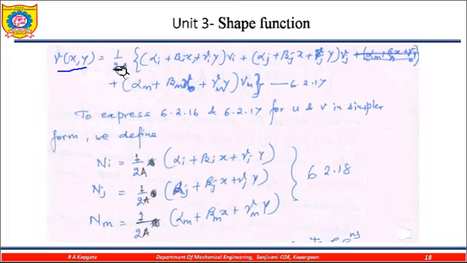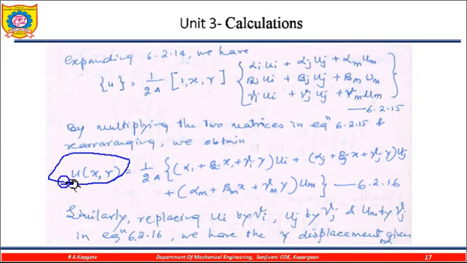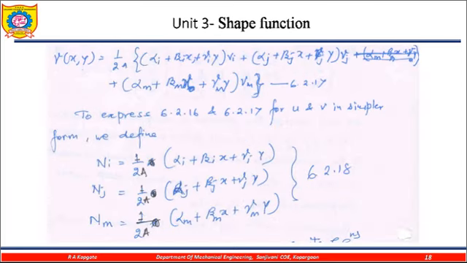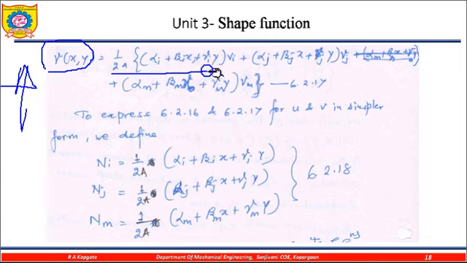This displacement matrix I can write this way: 1 upon 2a, alpha i, beta i, and this we are writing for the u direction, along the x-axis. While this one we are writing along the y-axis. For this one the formula is again the same, only the values vi, vj are changing, and the rest of the things are the same.